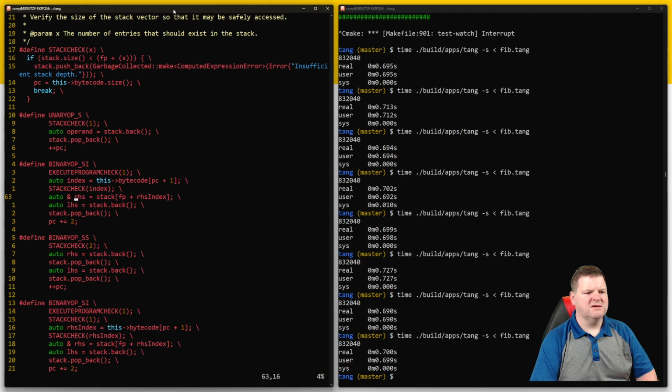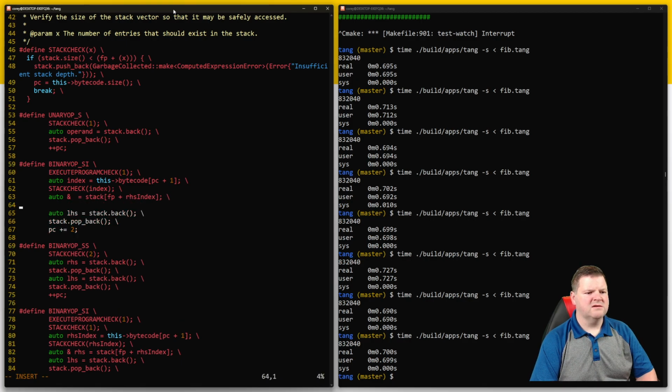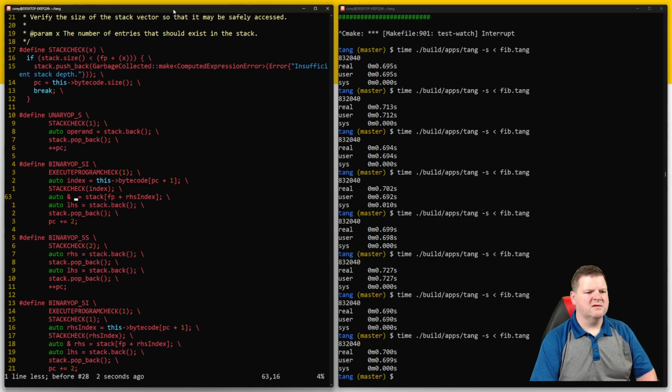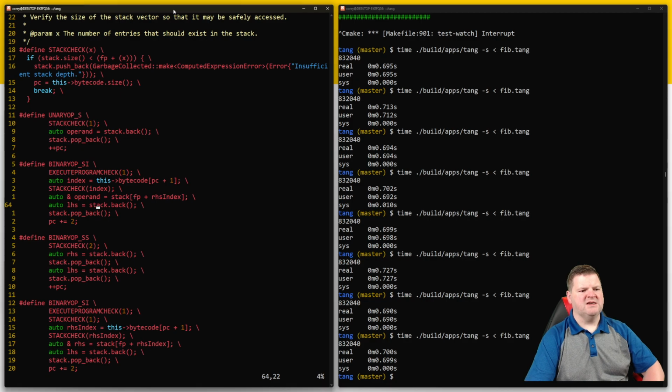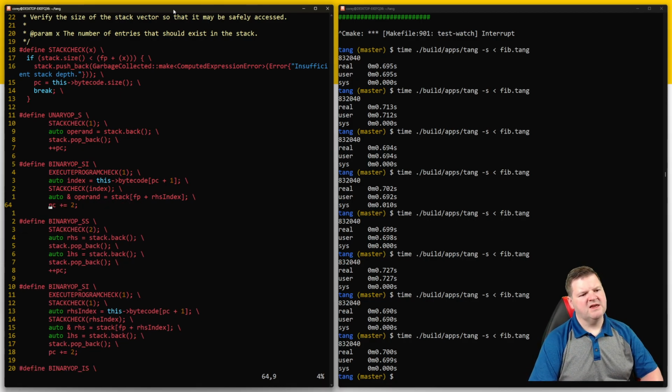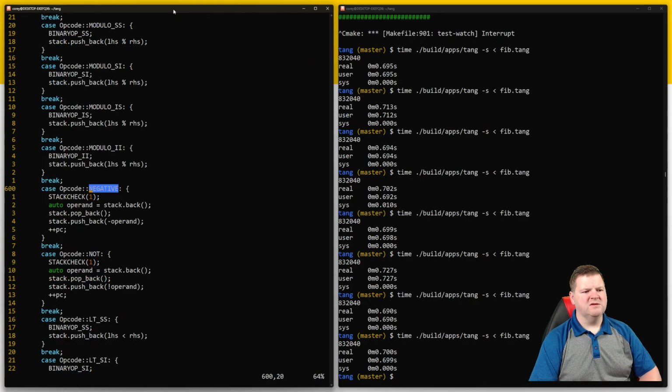Index. Operand is that. Forget that. And plus equals 2. Okay. So